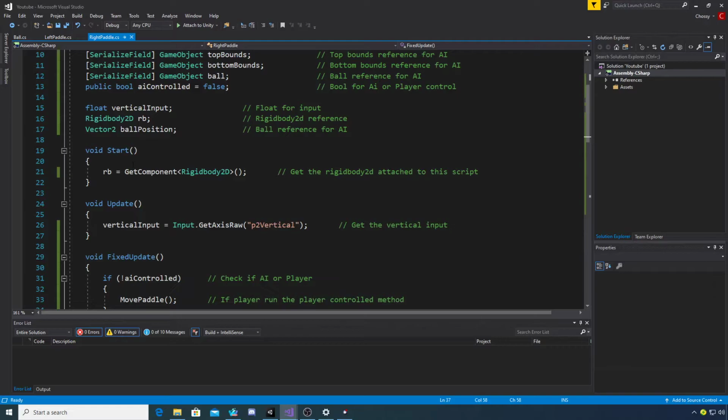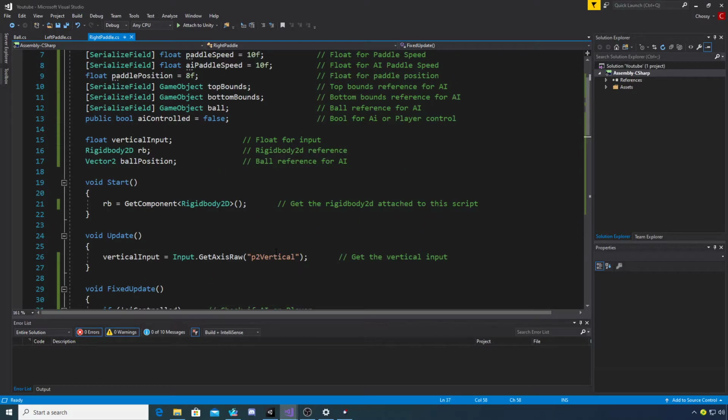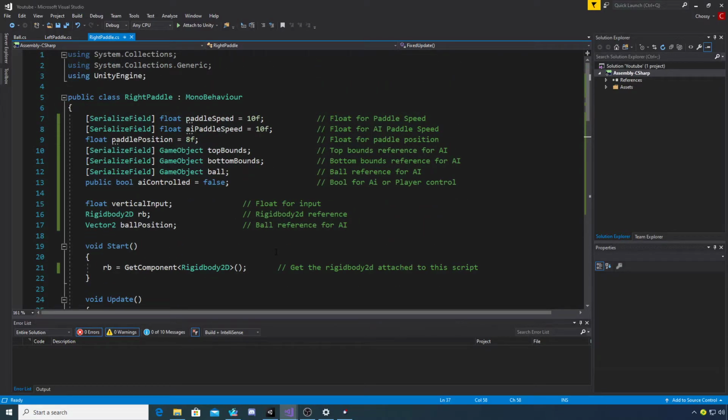In the start method, we would just get the rigid body like we did in the left paddle. In the update paddle, we need to change the vertical input to P2 vertical. So we need to set this up in the input manager. So I'll leave that there for a second so you can pause the screen, and then we'll jump back into Unity,